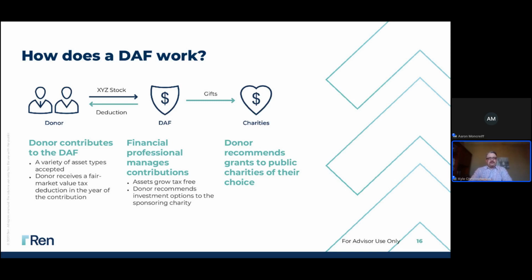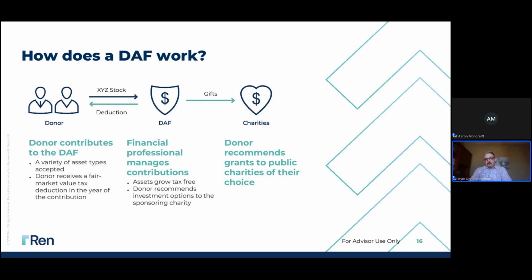You can call the donor advised fund whatever you'd like to call it. So you are setting up an individual giving account with a public charity, so that when you make that gift of, say, $50,000 to fund a donor advised fund, you get a $50,000 charitable deduction, just as if you gave it outright to any other qualified charitable organization, such as the university, such as a faith-based organization. And the difference is, instead of it being a completed $50,000 gift, now over time, you get to determine what charity receives what amount every year.